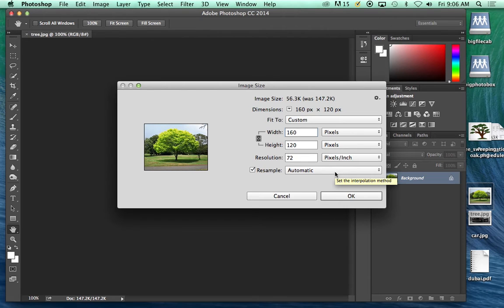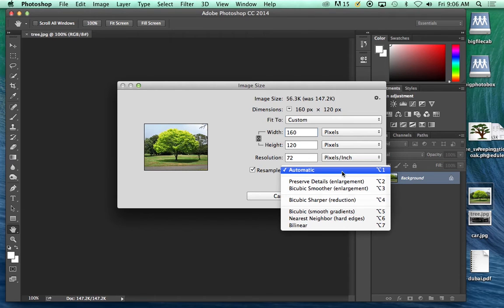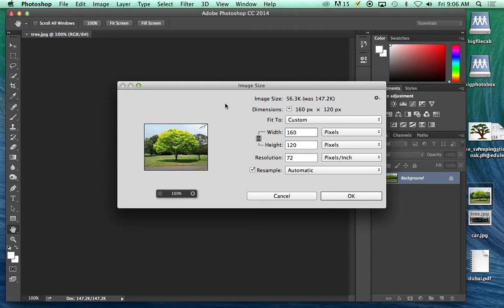In previous versions of Photoshop, I had problems with the automatic, and I would tell you to come down in here and make sure that you use bicubic sharper for the reduction. But anymore, I'm finding that in the current versions, the automatic seems to guess correctly on the method. When we resize an image, we are going to get rid of data. So it's going to have to figure out how to throw the data away but still keep the same image. And that's where those algorithms come into play, because each one has a type of graphic or a type of information that it's better at processing. We'll say OK,